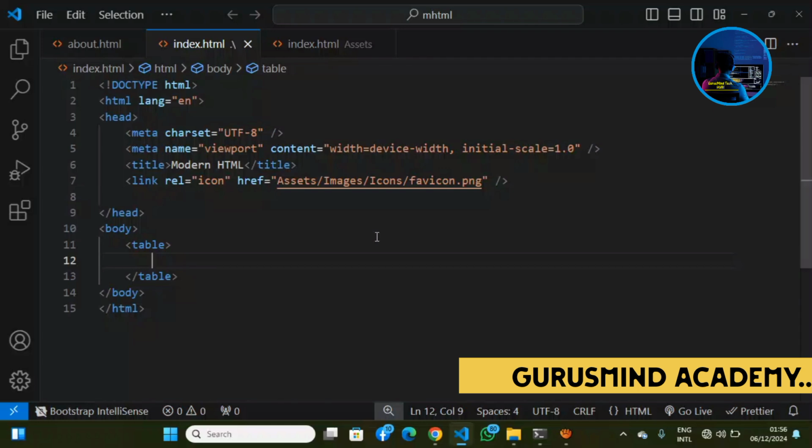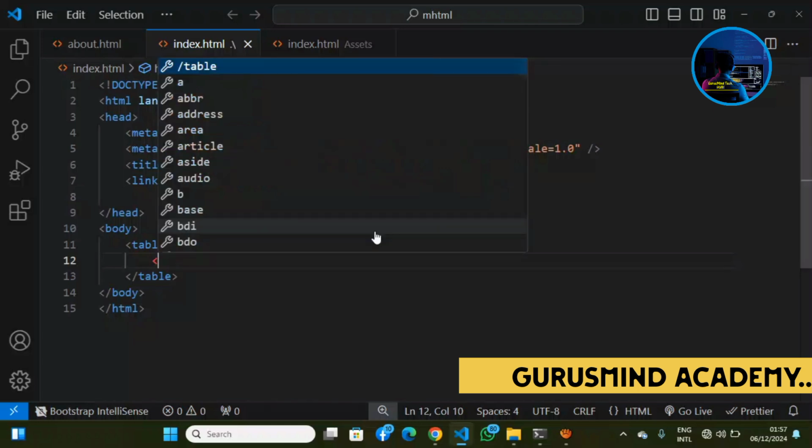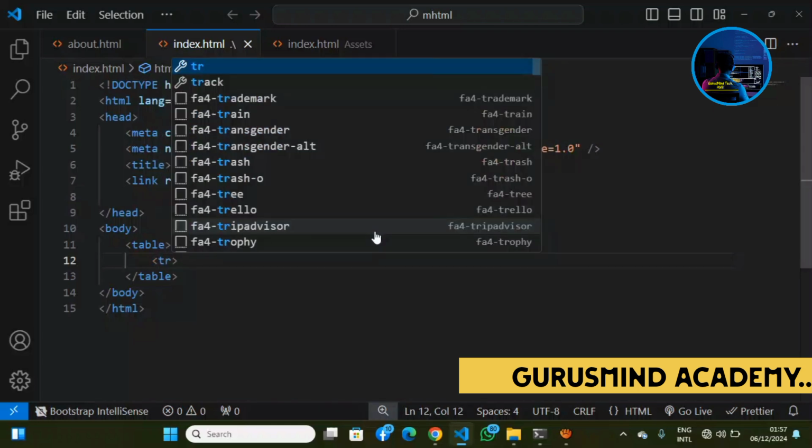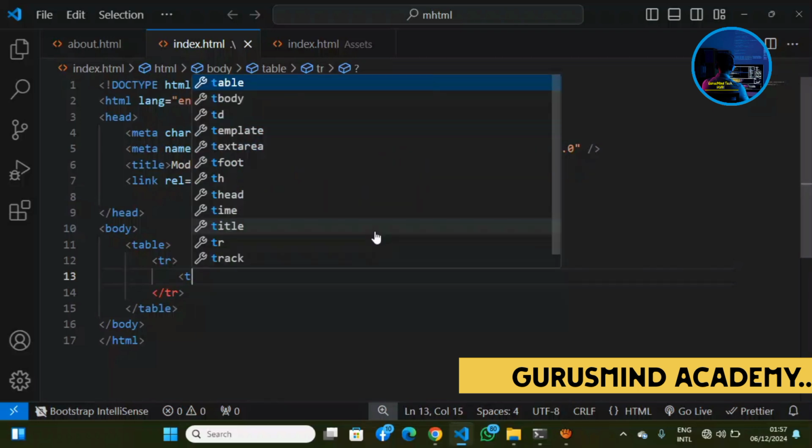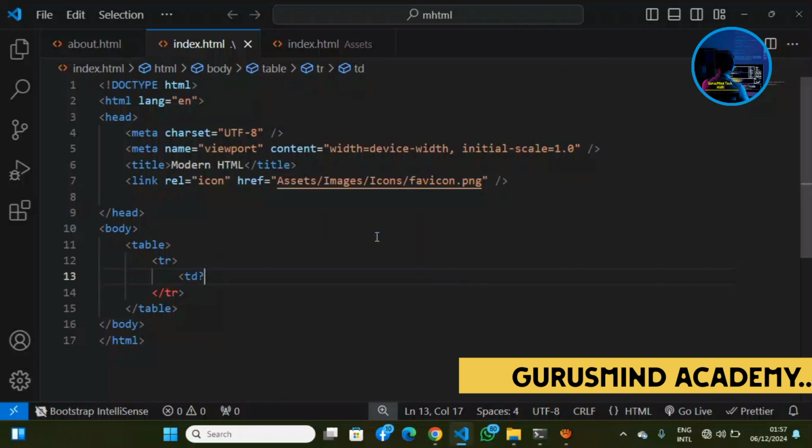Okay, now since I've declared my table, the next thing I need to do is to declare my table row. That is TR. The TR there stands for table row. So if you have gotten your row, the next thing is for you to declare your table data, which is TD. The table data stands for TD. For example, now I'm having my TD. I can just say